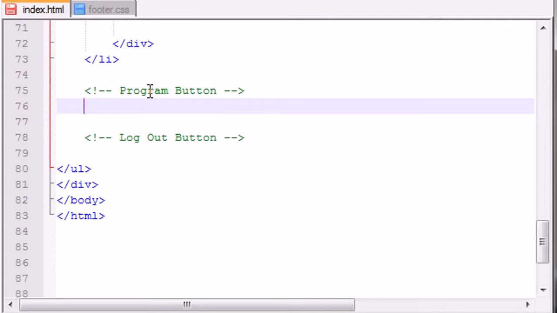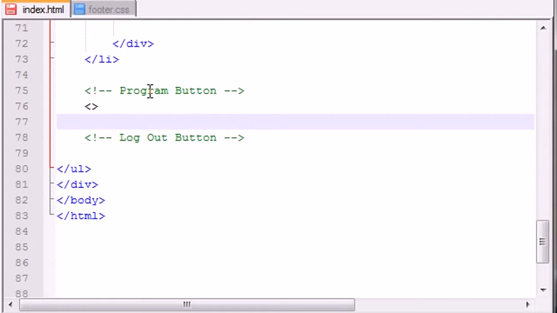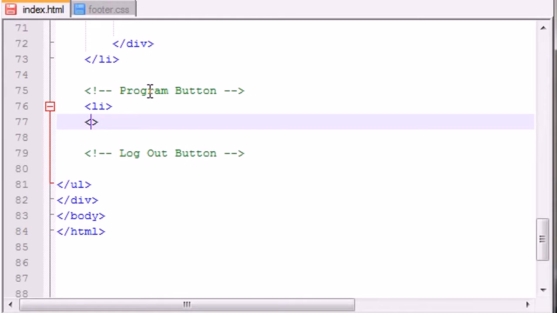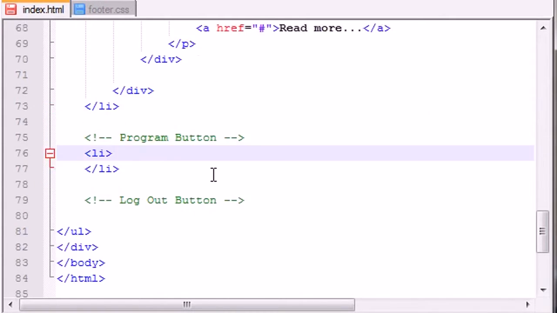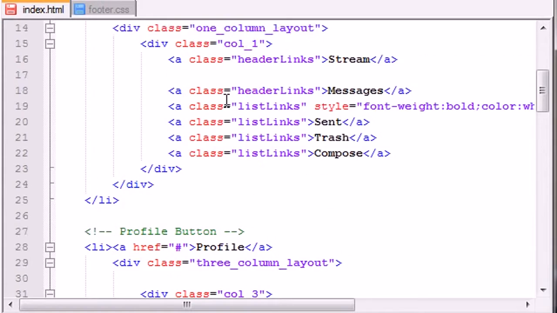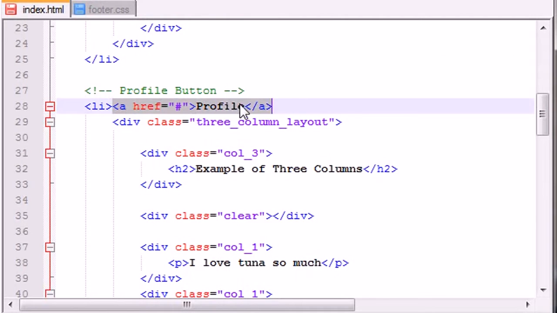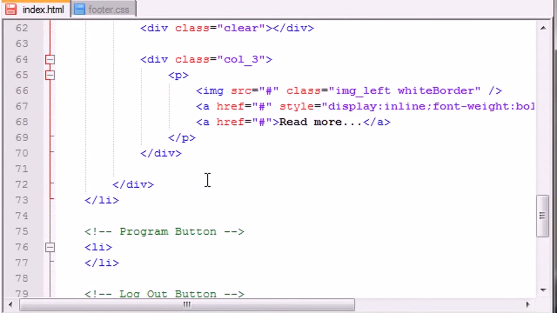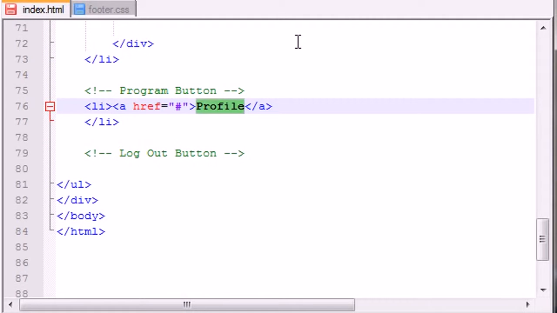But anyways, for the program button, of course, the first part is easy. The first thing you do whenever you want to make a button is you add a list item. Yeah, Bucky, I knew that already. And let me go ahead and copy this. Could have typed it already, but... And to add any text on it, what you do is you add